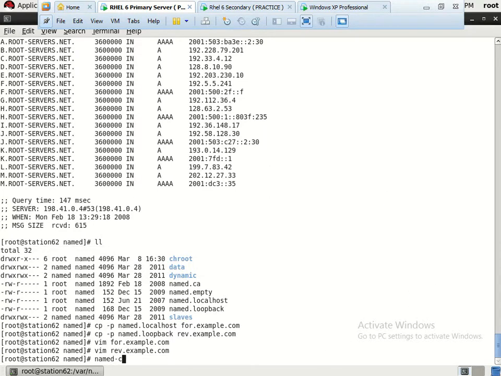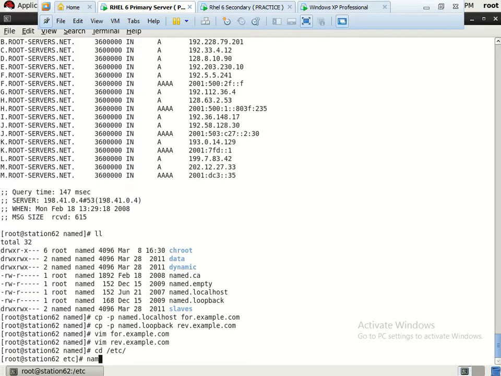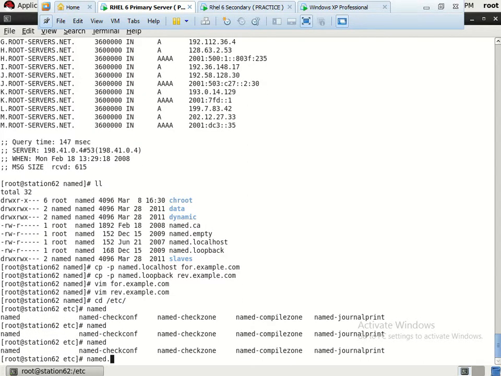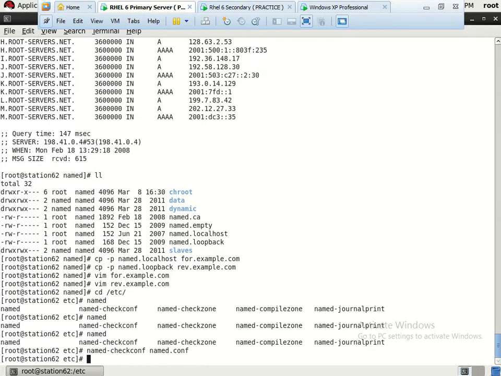So for this is the command available: named-checkconf /etc/named.conf. Blank means no syntax error is there.